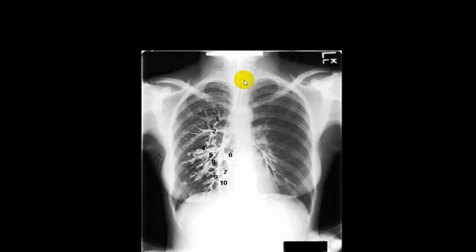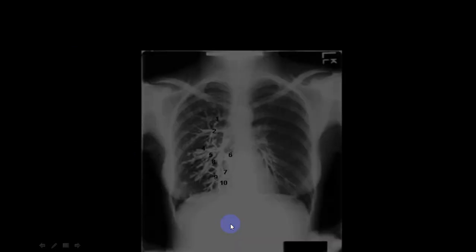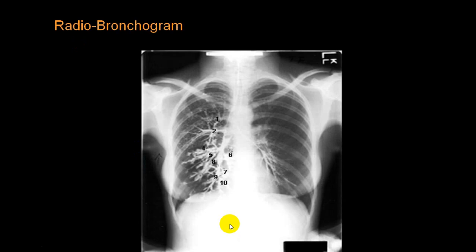This is post bronchography. Once the bronchography is done, dye can remain in the bronchial tree, and you can have this particular picture when the X-ray is taken a little after the bronchography is done. Sometimes you can even see a breast shadow like this, and these are radio-opacities which are seen. This is a post bronchogram picture.